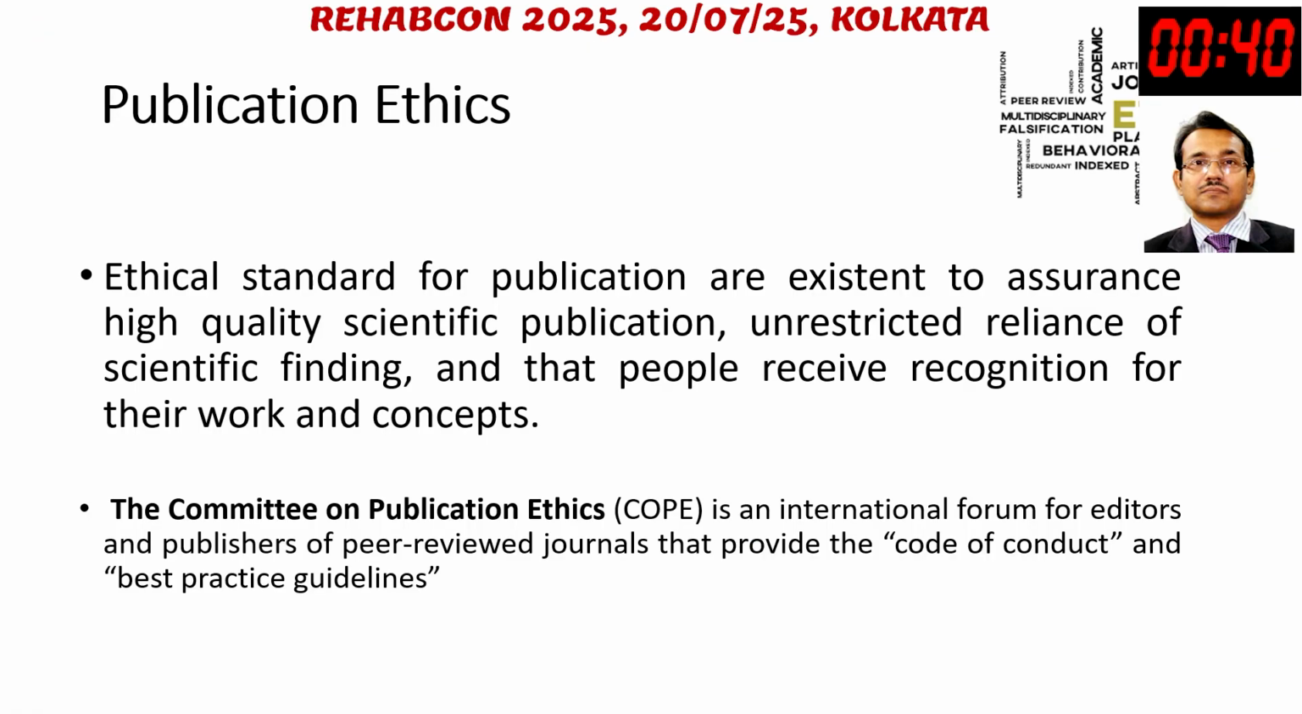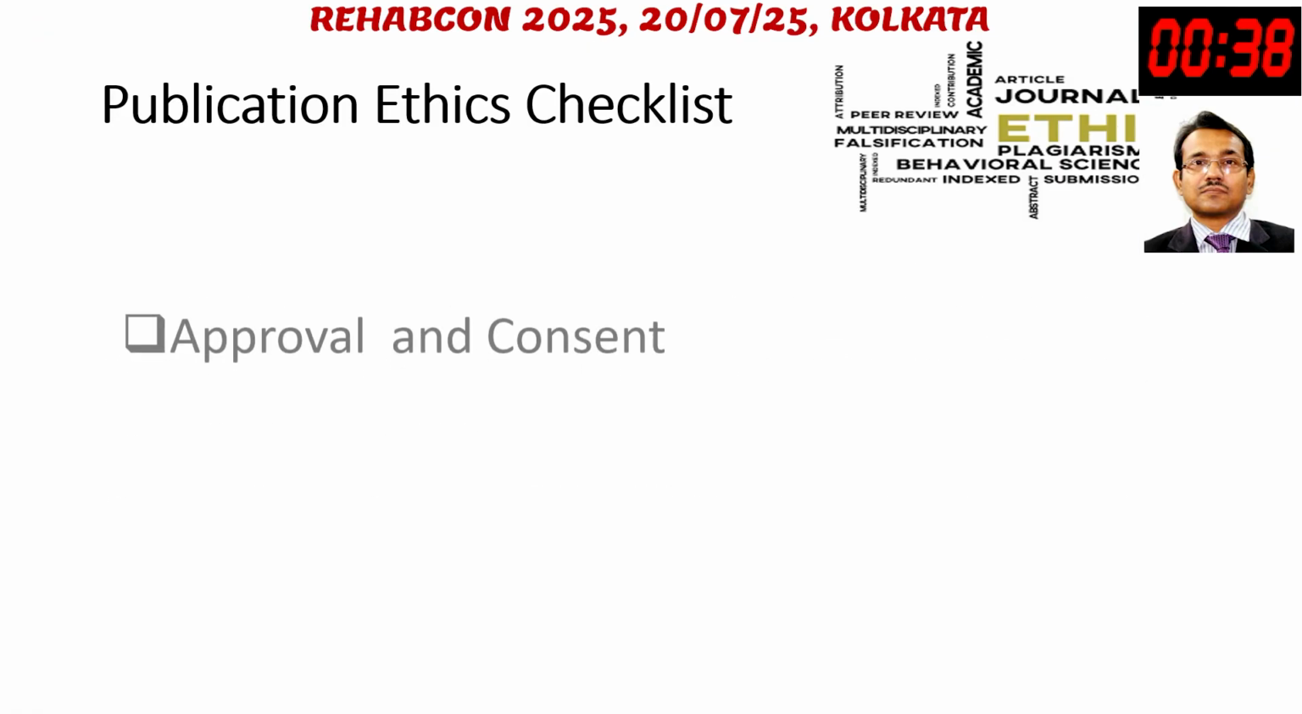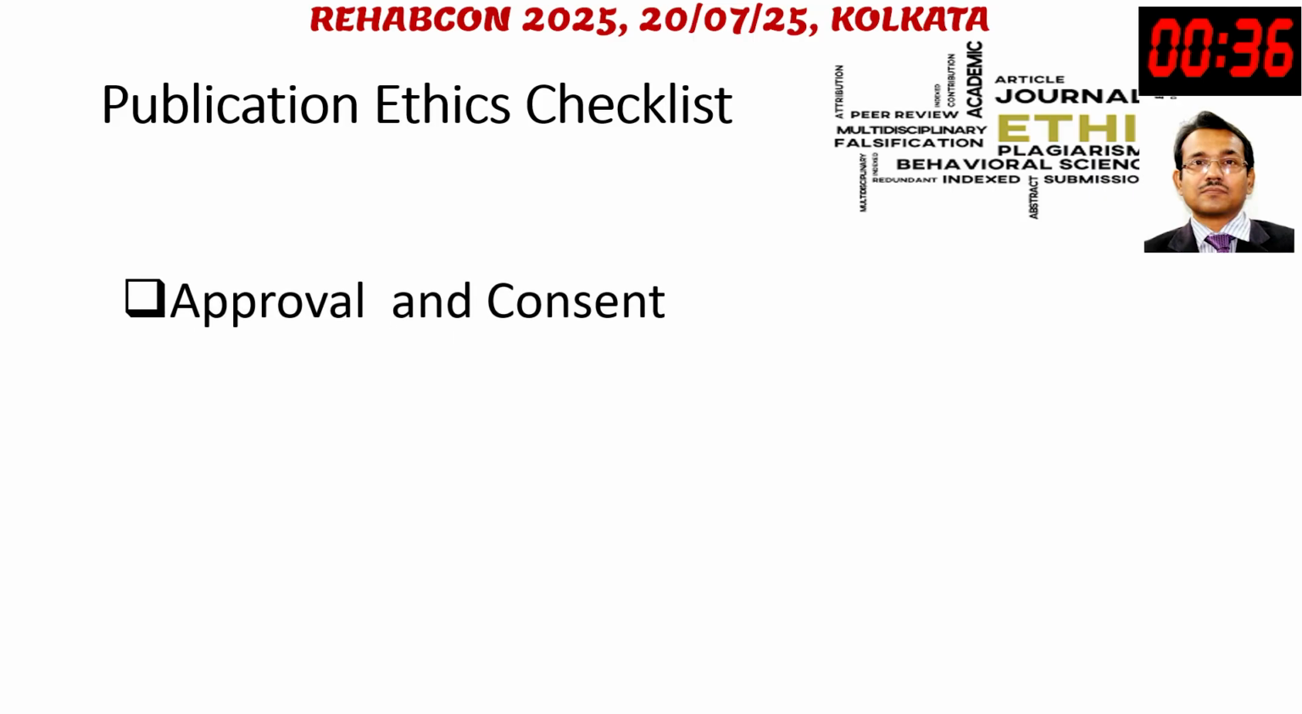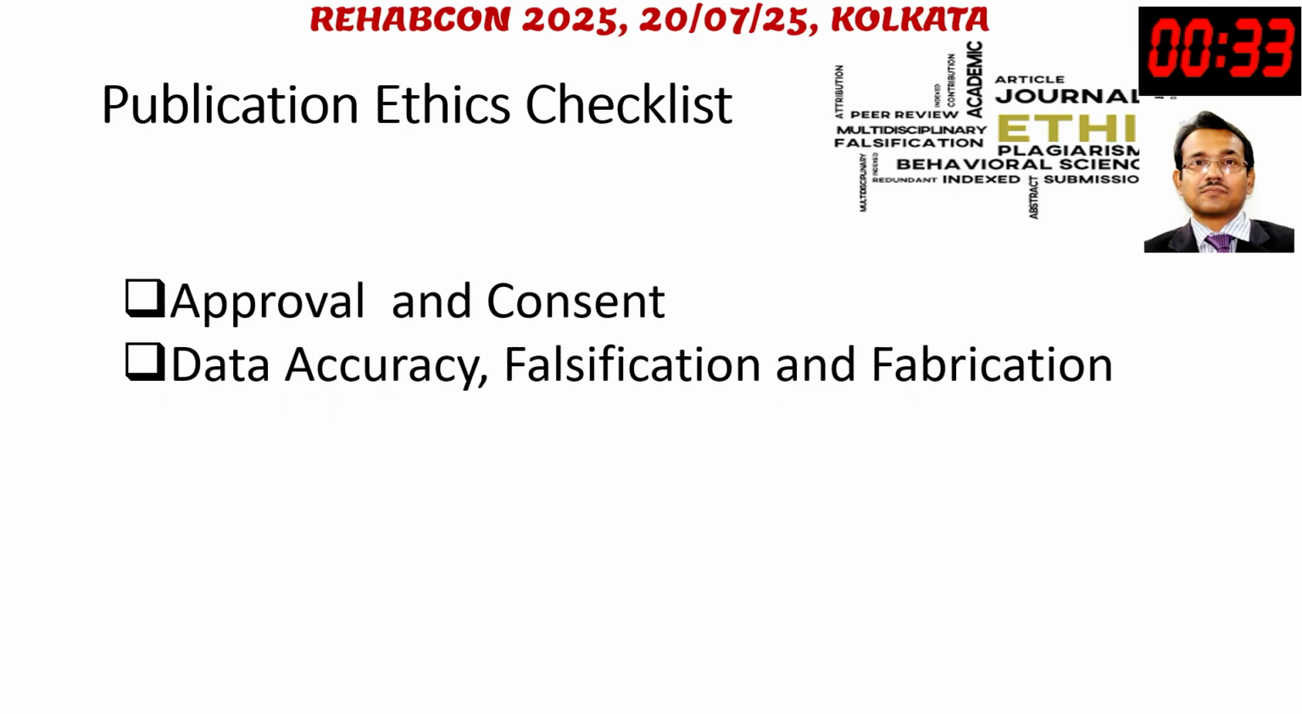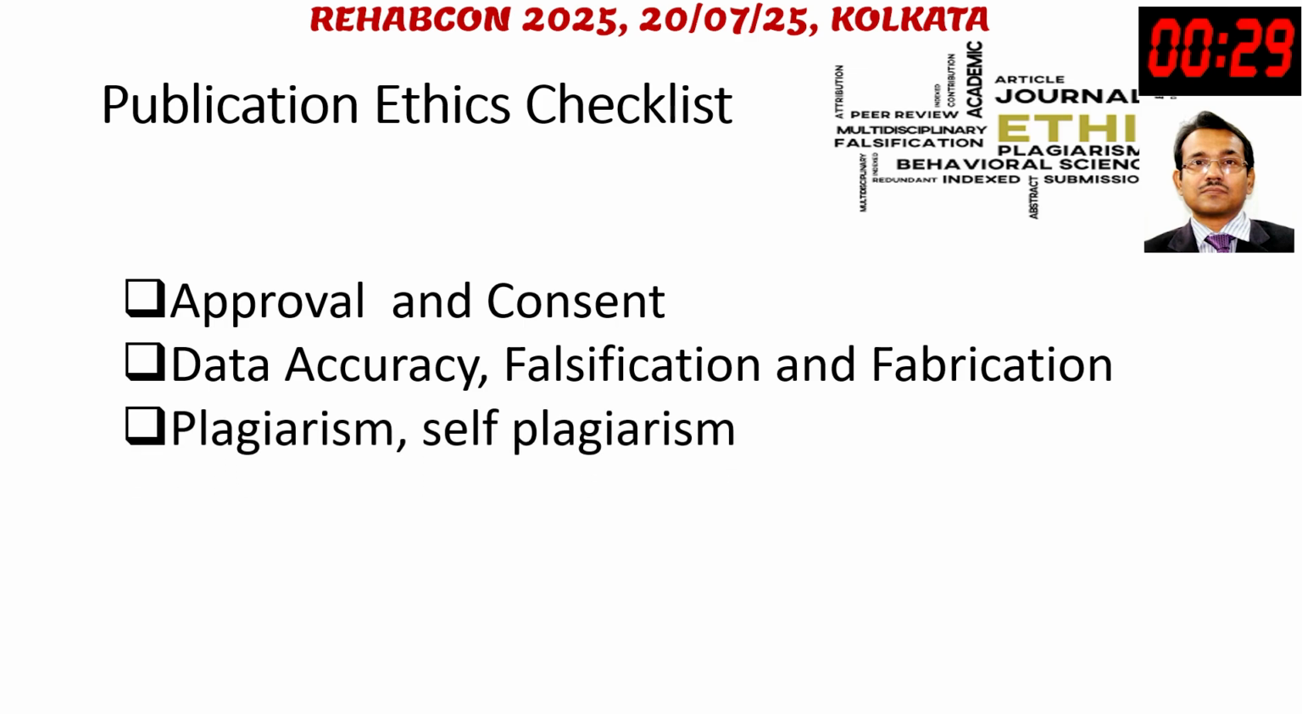And now the publication ethics. Publication ethics has a checklist. This is approval and consent, data accuracy, falsification and fabrication, plagiarism and self-plagiarism should be checked, submission fraud should be checked,